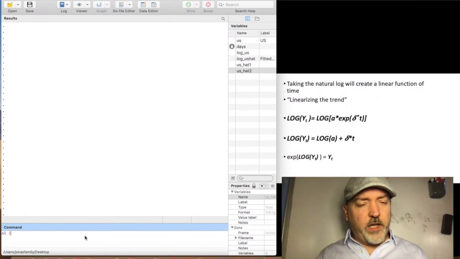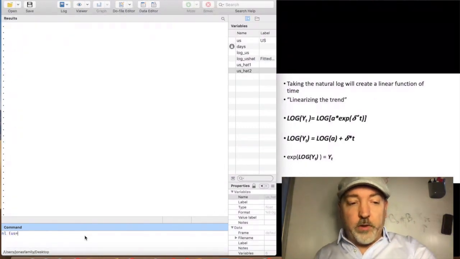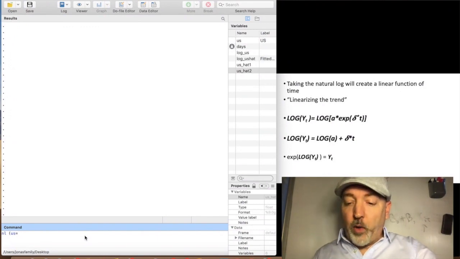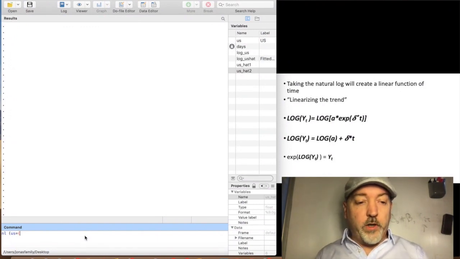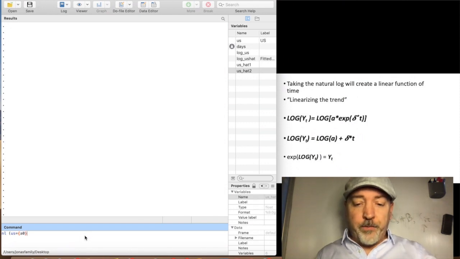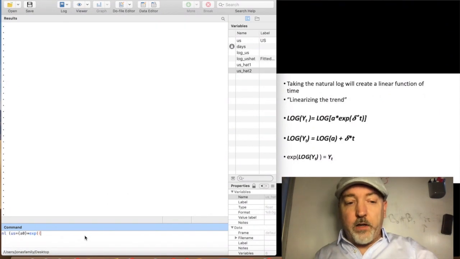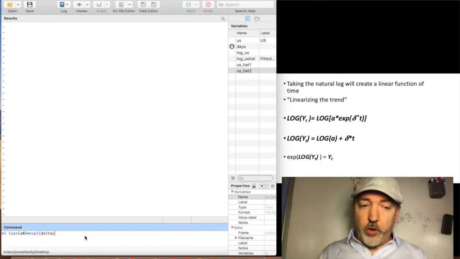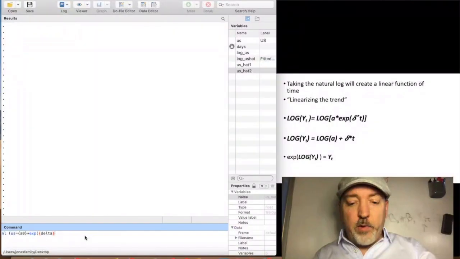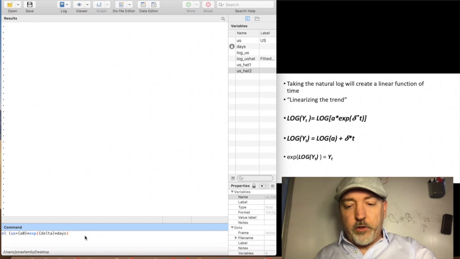We have to try to keep track of all the parentheses here, and we actually write out the equation. So we take our dependent variable equals, and then every parameter that we're trying to estimate, we put into curly brackets. Our first parameter is going to be, we'll call it A0, that's that baseline value, and that's multiplied by the exponential function of our second unknown parameter, delta. Call it whatever you want, but whatever goes in curly brackets, that's what Stata is going to estimate. And we multiply delta by the number of days, and then we go end parenthesis for the exponential function,